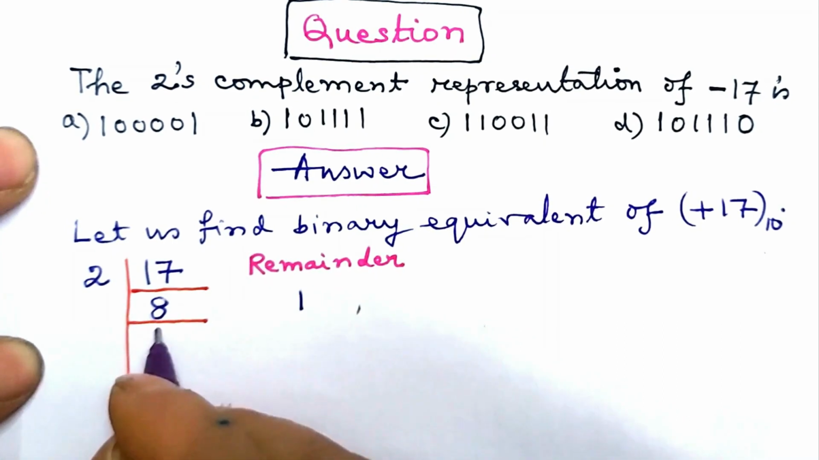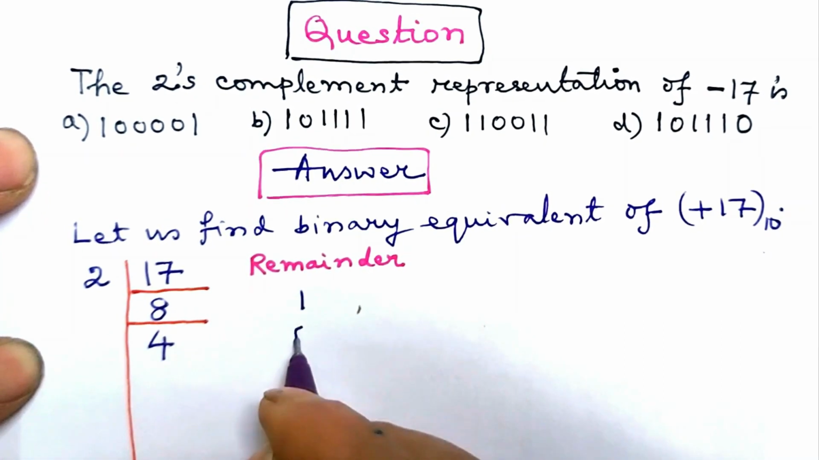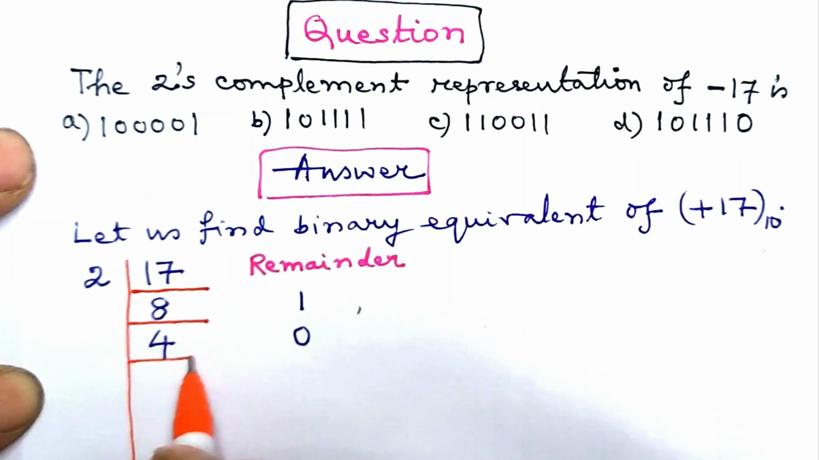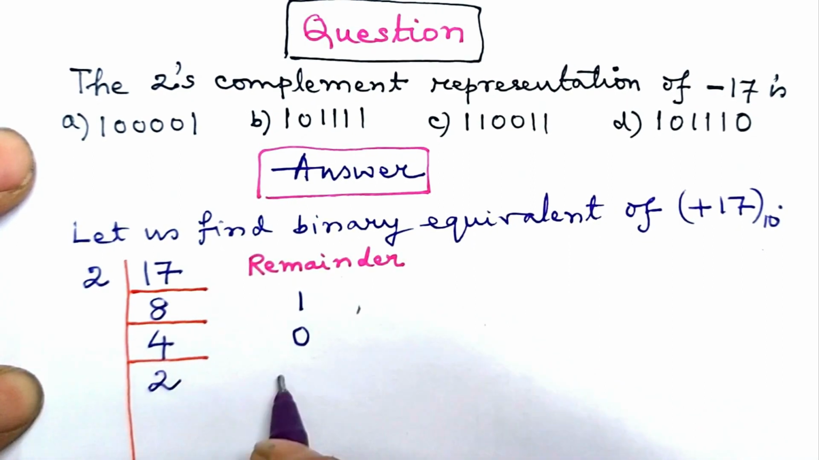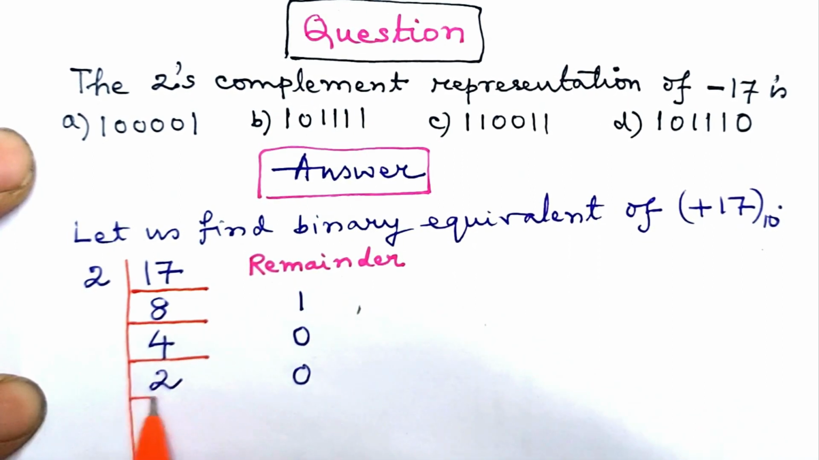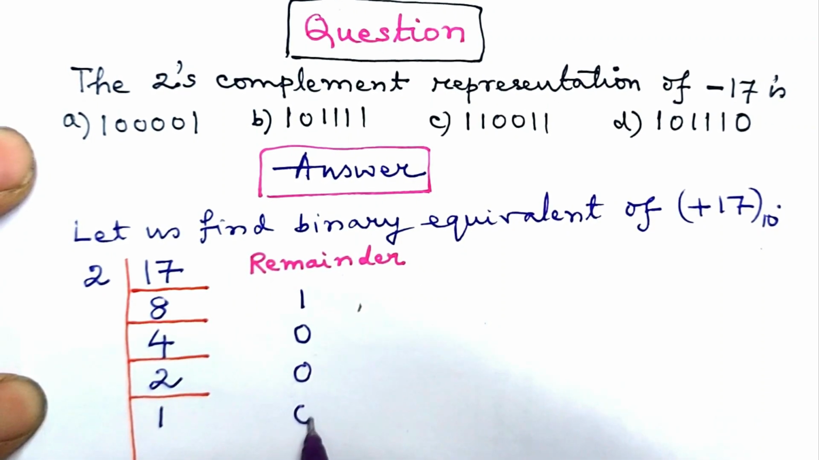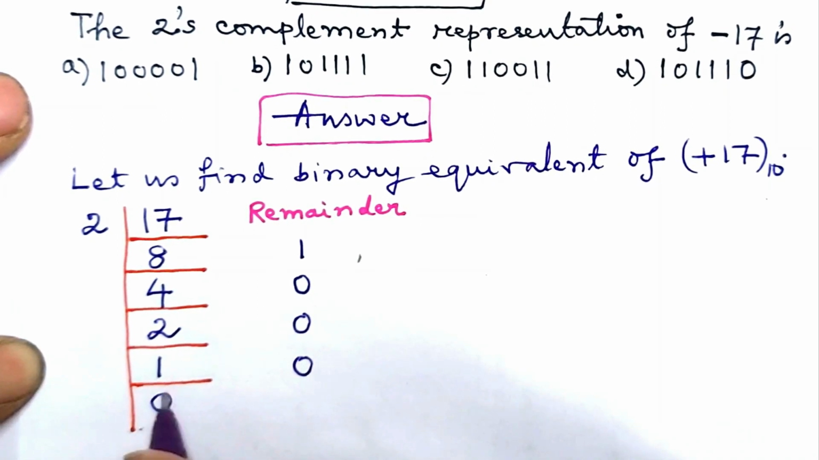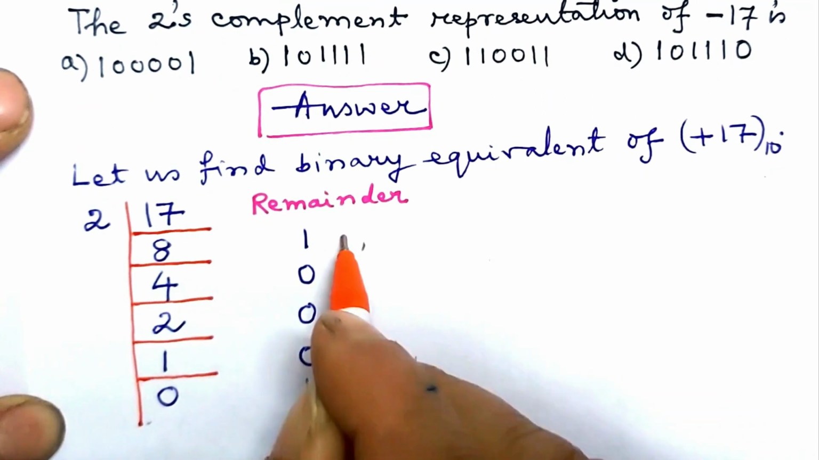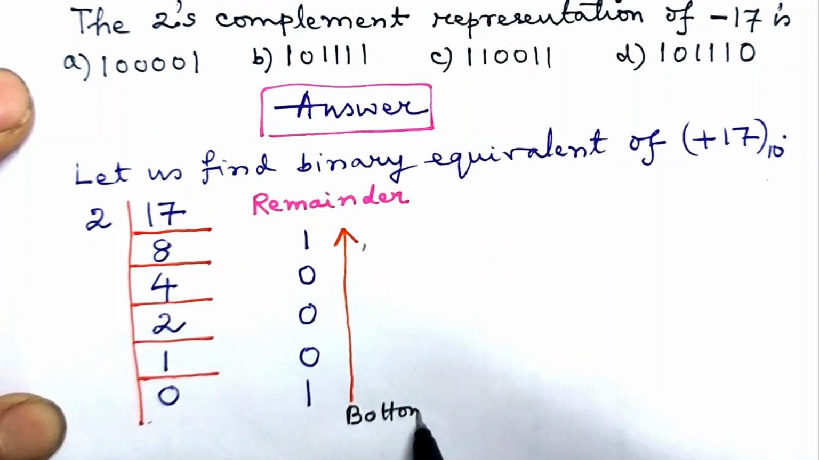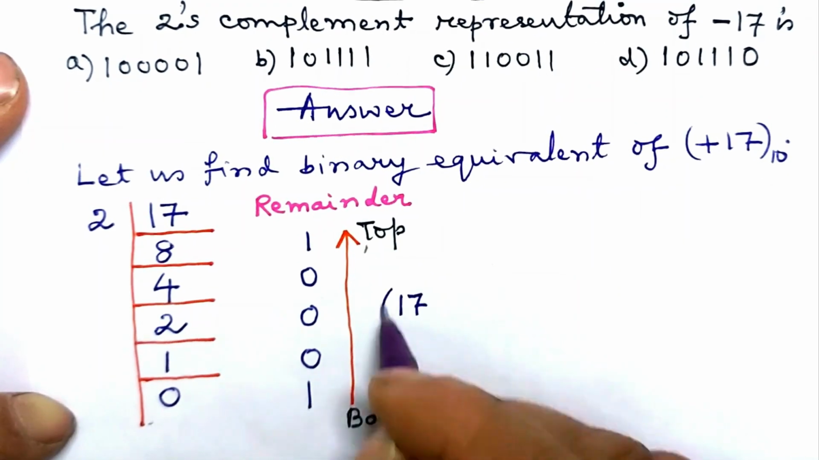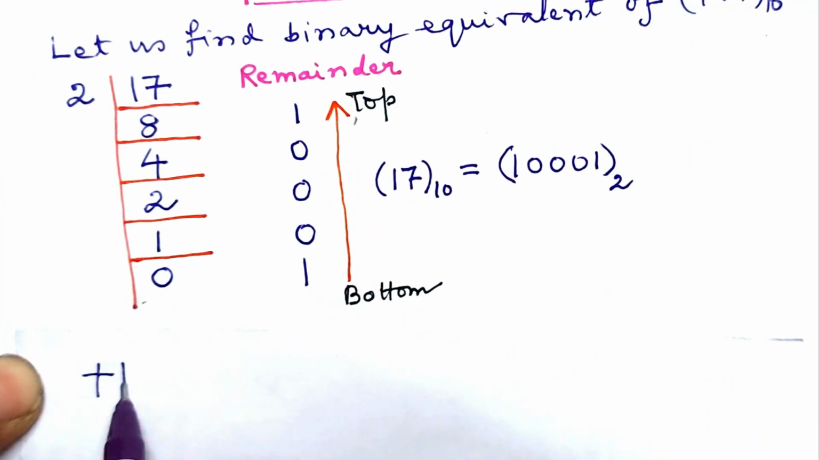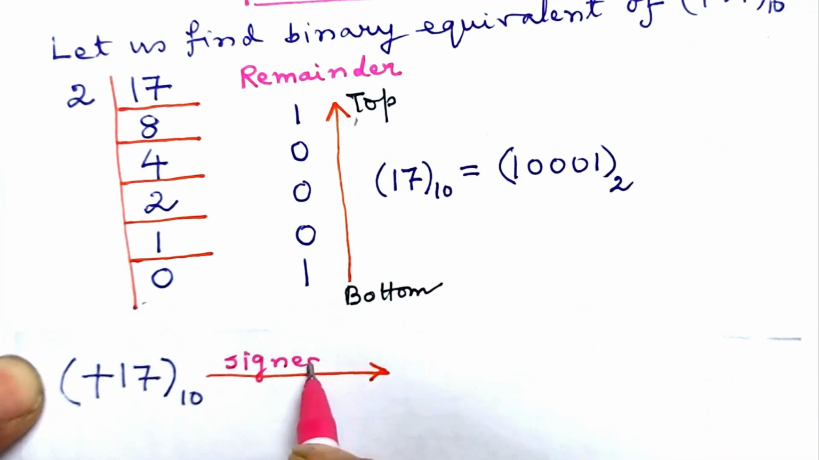Division by 2 gives quotient 4 and remainder 0. Further division gives quotient 2, remainder 0. Another division by 2 yields quotient 1, remainder 0. Dividing once again gives quotient 0, remainder 1. We have to read the string of bits from bottom to top and we get positive 17 has sign binary